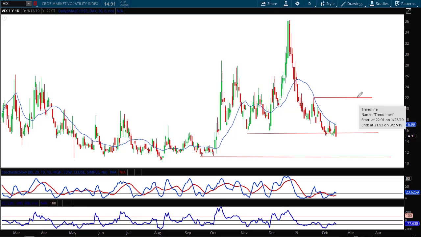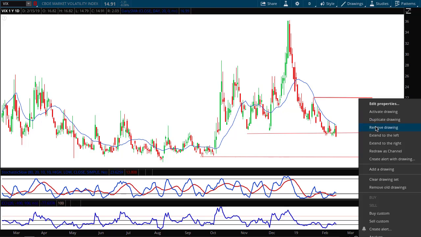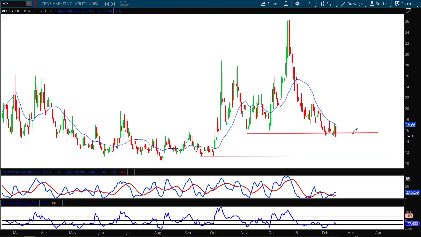But I'm going to eliminate this former resistance line because once support is broken, that support level reverses its role and it turns into resistance. Keep that in mind when I point you to the videos at the end of this particular report, because I have a role reversal video that you'll be interested in watching. Now, the forecast for next week for the VIX is going to be lower with a possibility of a bounce